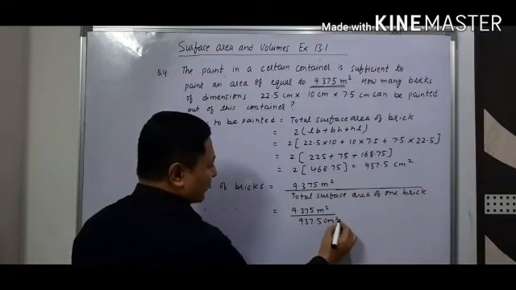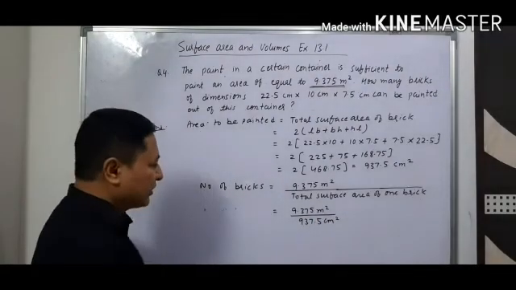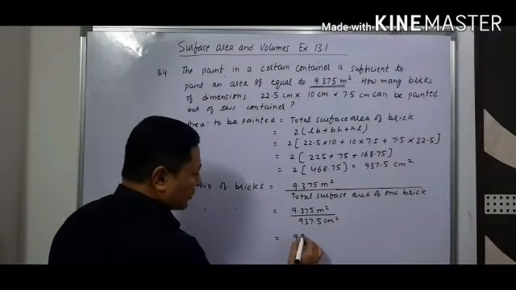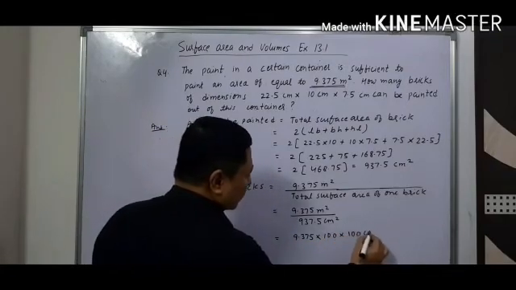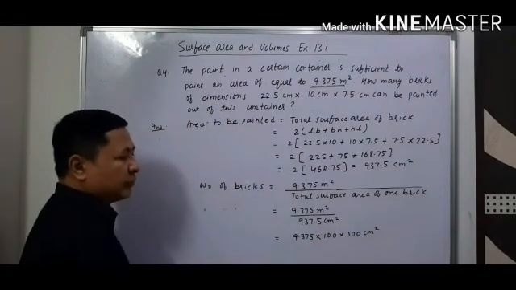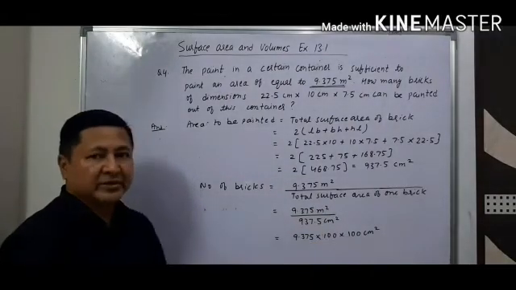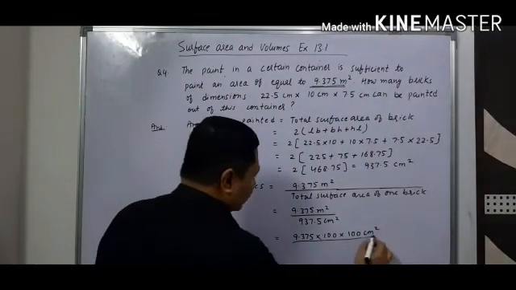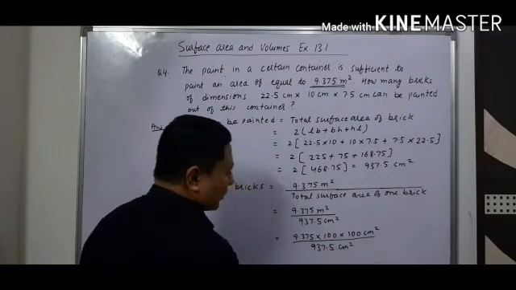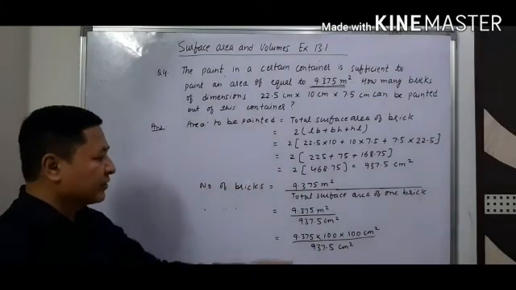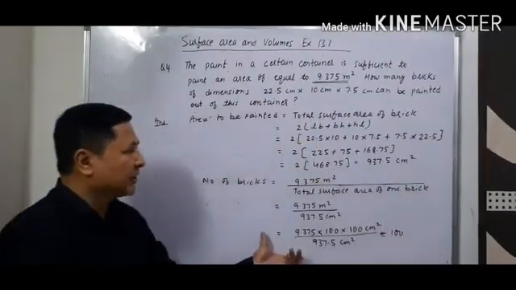Now this is in meter square and this is in centimeter square, so we have to convert into the same unit. So that will make it 9.375 into 100 into 100 centimeters square. Now why have I done 100 into 100? Because 1 meter is equal to 100 centimeter and this is meter square, so I have written 100 into 100 centimeters square upon 937.5 centimeter square. Now we have to solve this, and after solving this we will get 100 bricks. So the total number of bricks is 100.